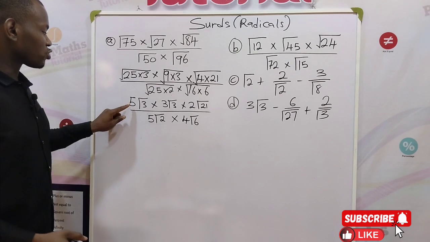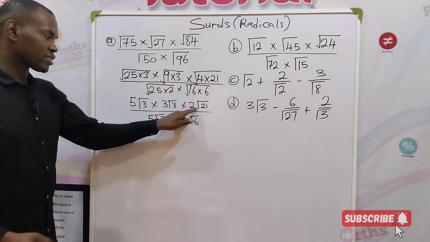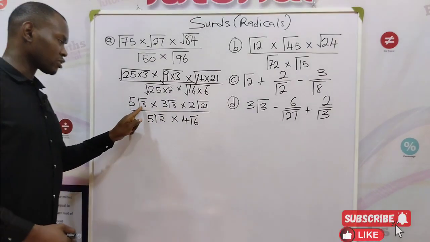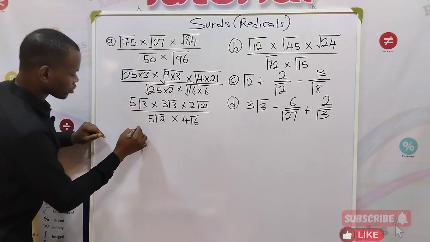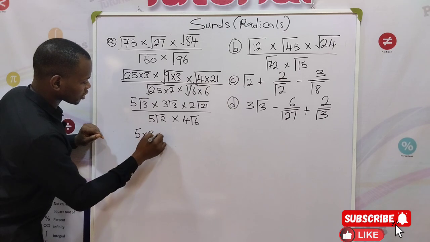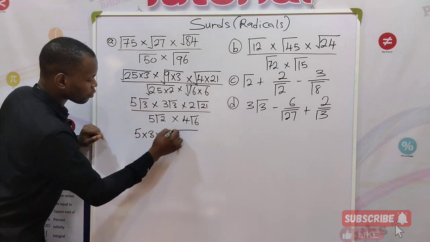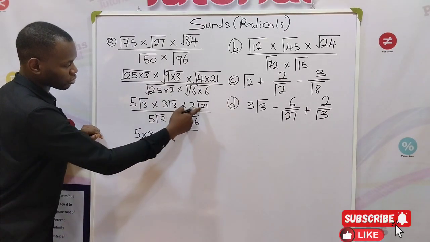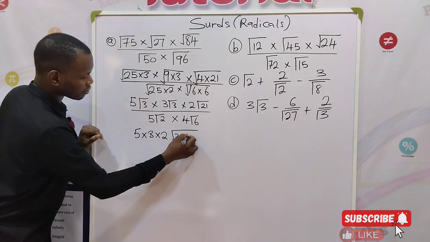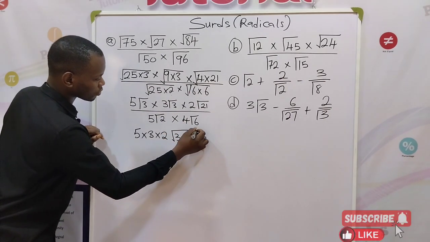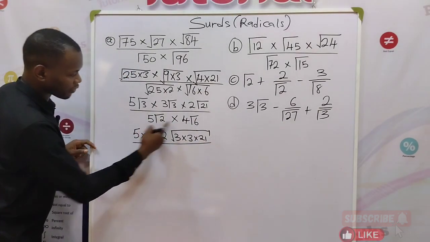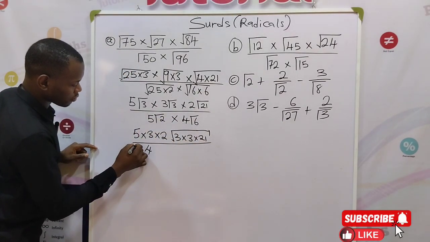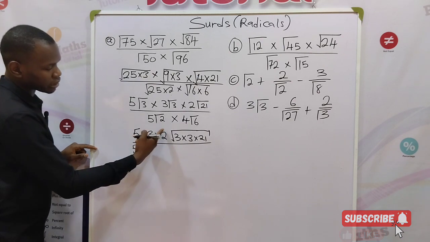So the next thing we do is to multiply the coefficients together and multiply the surds together. So 5 times 3 times 2. Then we multiply all the numbers in the surds. That is 3 times 21. We do the same thing for the denominator. 5 and 4 multiply, 5 times 4, then the square root,